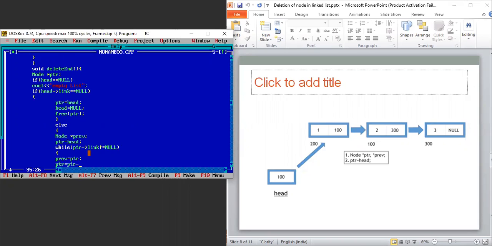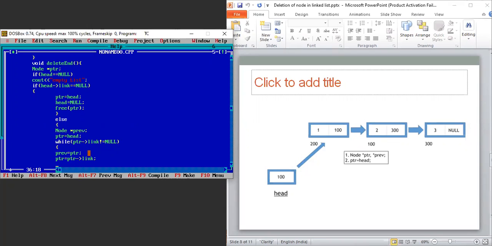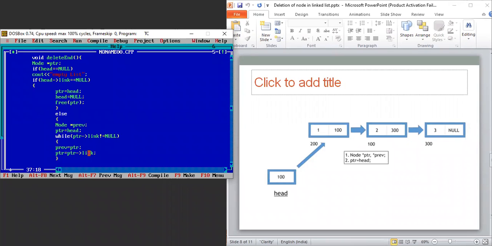So again, I will assign that previous node's link to that null part, because this is the last node. So we require that null value over here.